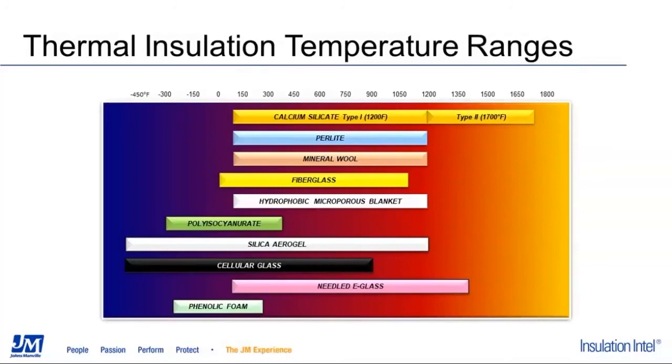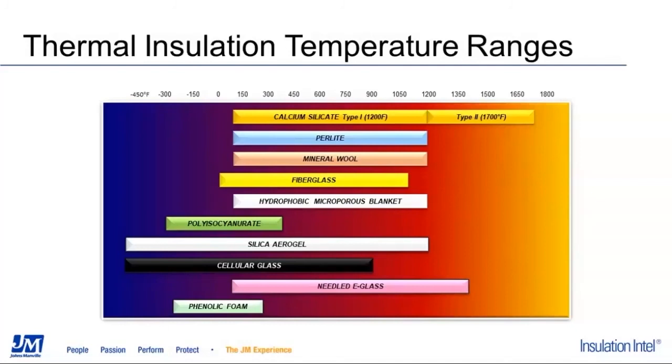I'm showing a bunch of different insulation materials on this graph. Really, we're going to be talking about fiberglass today, which is kind of in the middle. We generally use fiberglass in a range from 0 up to 1100 degrees Fahrenheit. There are different reasons why you would select different insulation materials, be that your ultimate temperature range, how hot or how cold you need to work your system is going to be, or